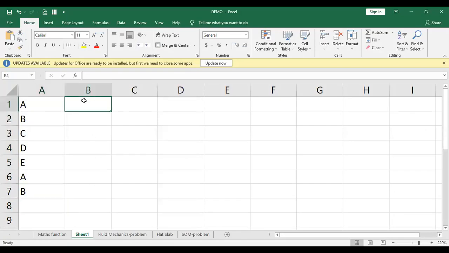And if I give any values here, say 100, 120, I'm simply putting the values and pressing enter.